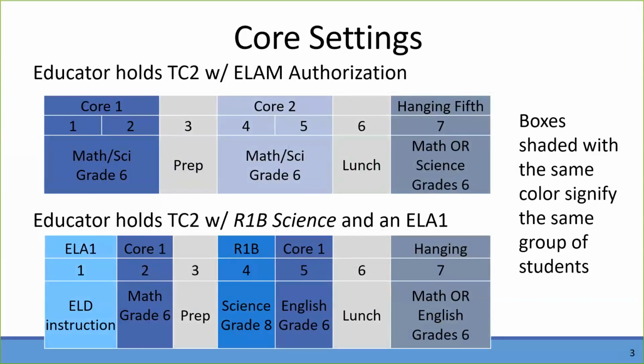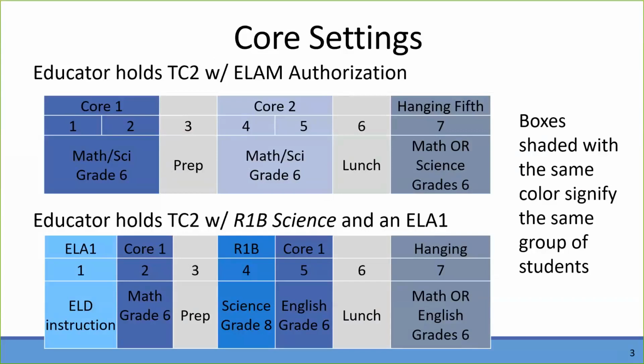So up at the top, we say the person has a TC2, which is a multiple subject credential, with an ELAM authorization. That's an English learner authorization for multiple subjects. So the first core is a math science core for 6th graders, and that's done at this 1st and 2nd period in this setting. So the same group of students stay for 1st and 2nd period for math and science with this teacher. Then they have a prep period and 3rd period, and then 4th and 5th period, they have a